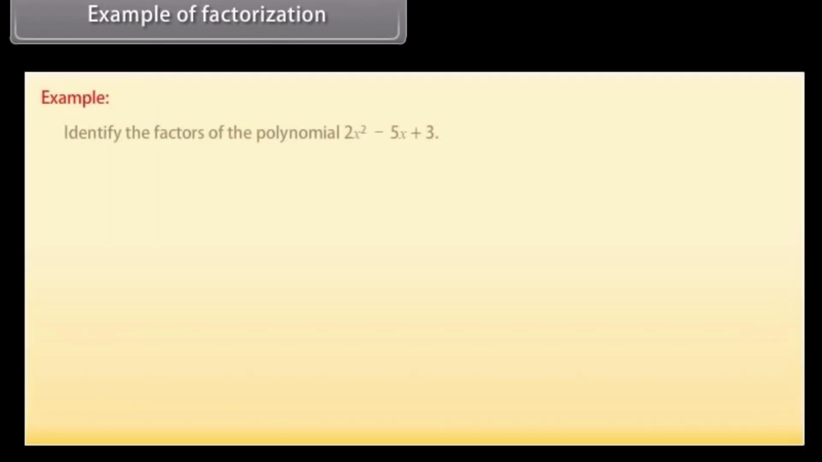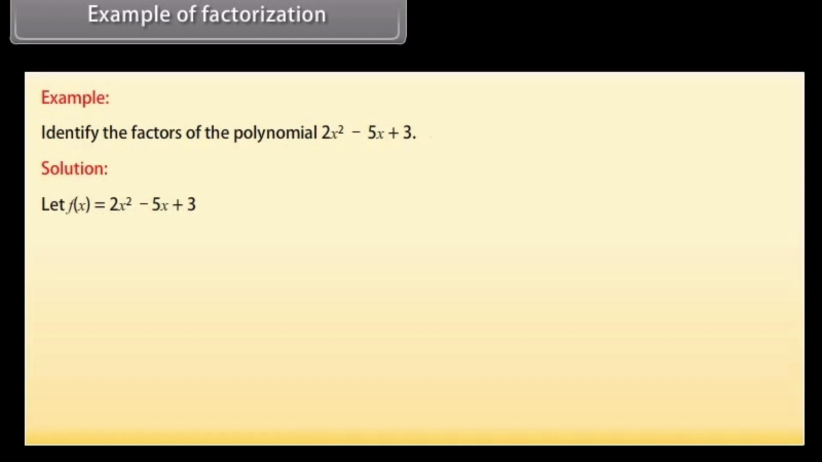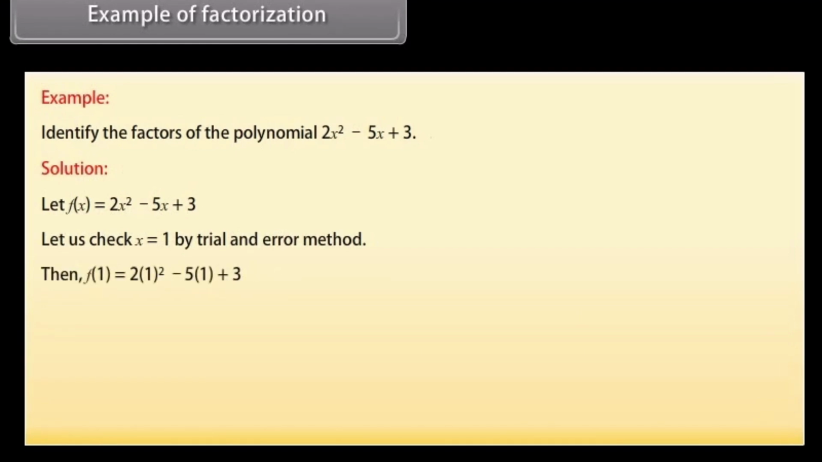Example of factorization. Example. Identify the factors of the polynomial 2x² − 5x + 3. Solution. Let f(x) = 2x² − 5x + 3. Let us check x = 1 by trial and error method. Then f(1) = 2(1)² − 5(1) + 3 = 2 − 5 + 3,